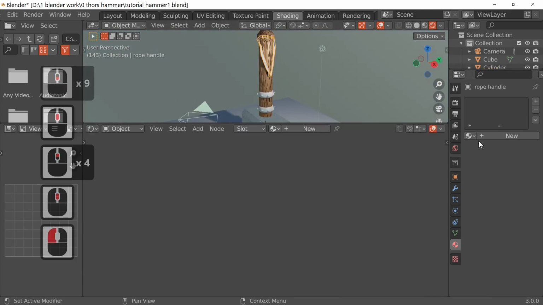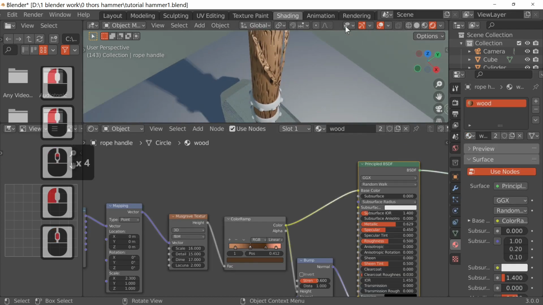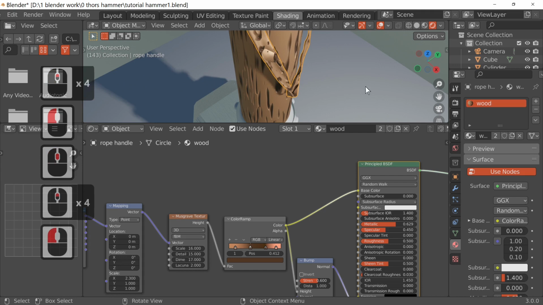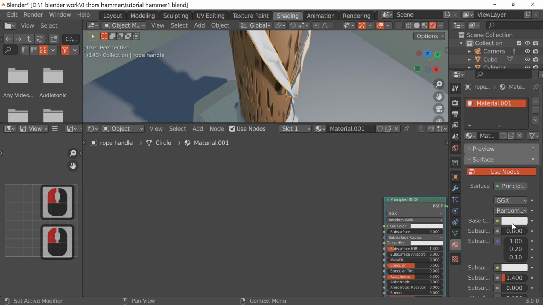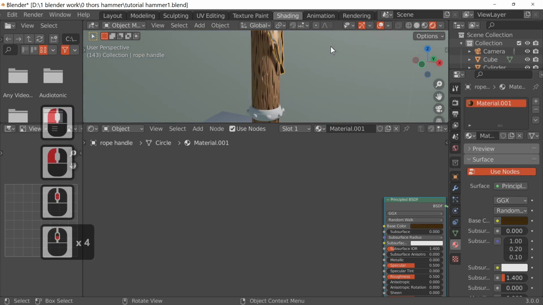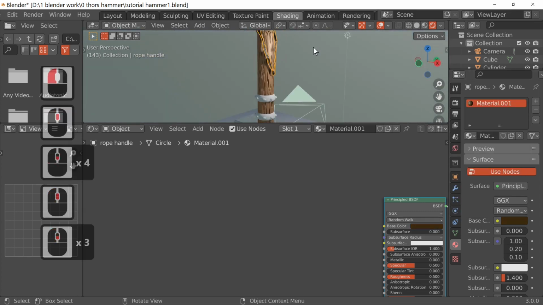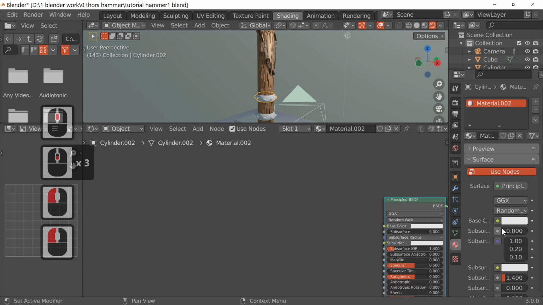I'll just change this to the same wooden texture just to give it a bit of definition. No, it doesn't look very good, so I'm just going to change that to its own colour, and we'll just make it a pretty simple brown leathery look. And finally, one new colour, and we'll make this into gold.